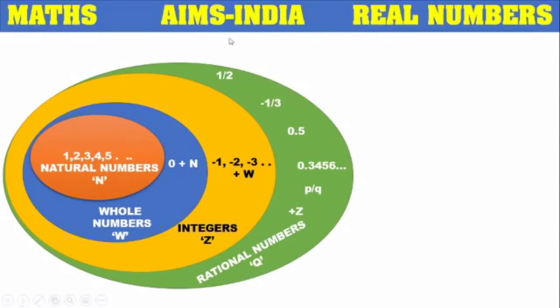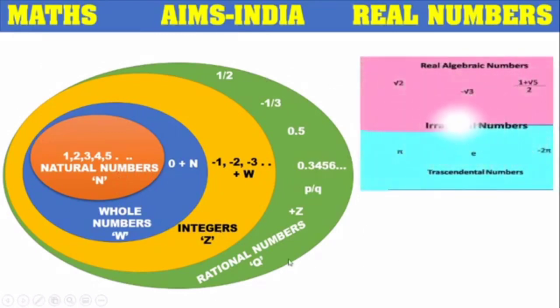Now we have got almost all the types of normal numbers. So natural numbers, 0 added means whole numbers, negative numbers added means integers, fractions and decimal numbers added means rational numbers. So rational numbers are one set of numbers consisting of natural numbers, whole numbers and integers.